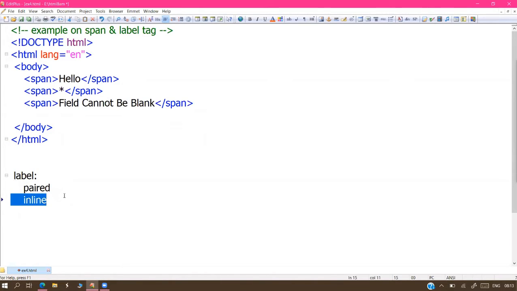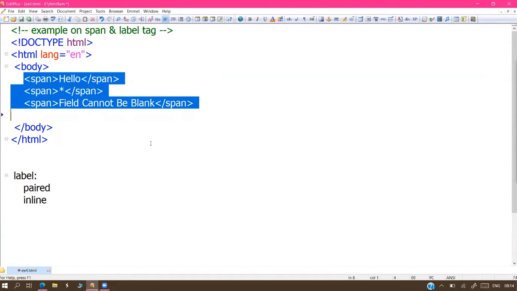Inline component means all labels are arranged side by side in the same line. Without using the break tag, it doesn't come to the next line. Like span, the same information applies to the span tag.